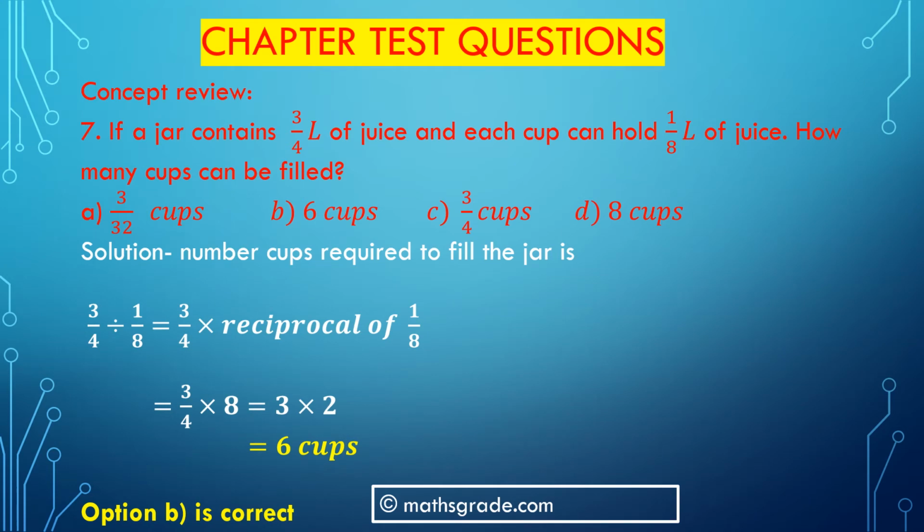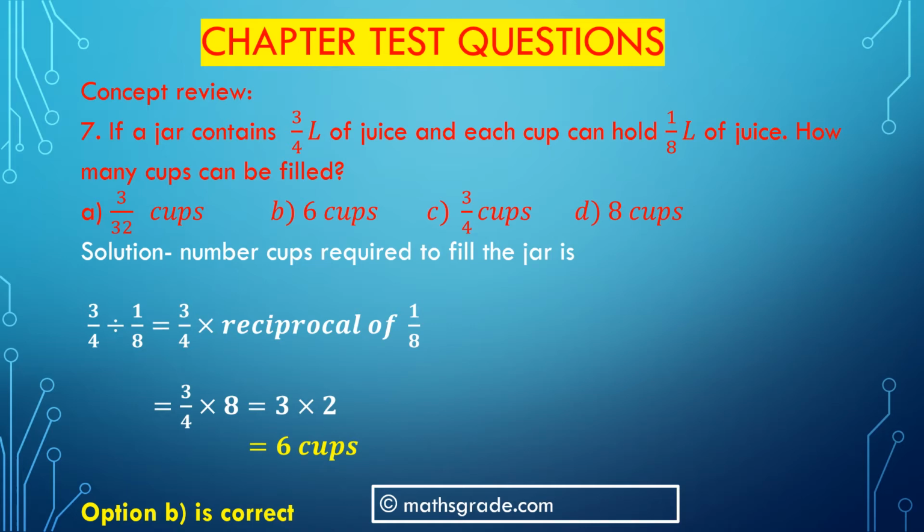Now we solve question number 7. Question number 7: if a jar contains 3 divided by 4 liter of juice and each cup can hold 1 divided by 8 liter of juice, how many cups can be filled? Options are A, 3 divided by 32 cups, B is 6 cups, C is 3 divided by 4 cups and D is 8 cups. The number of cups required to fill the jar will be 3 divided by 4 liter